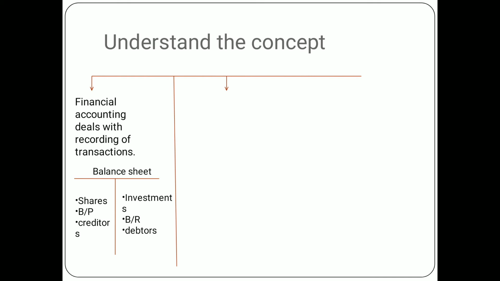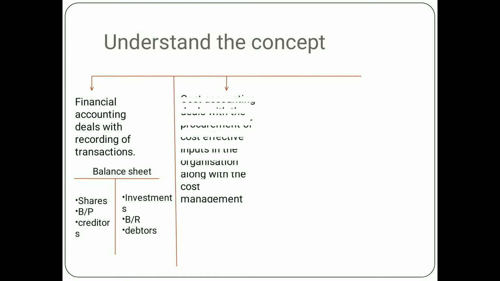First we have only the recording of the transactions. Second, we look at how cost effectively we need to use our costs in order to minimize the cost and also to generate huge profits. So cost accounting deals with the procurement of very cost effective inputs in the organization. Now these cost effective inputs can be obtained through better quality inputs, through ABC analysis or VED analysis, or we can do materials management through various methods like LIFO, FIFO, weighted average